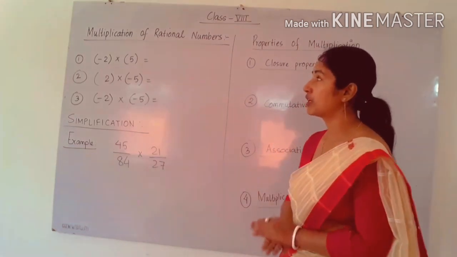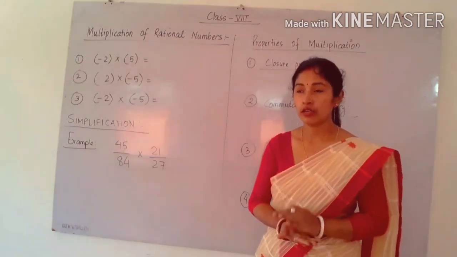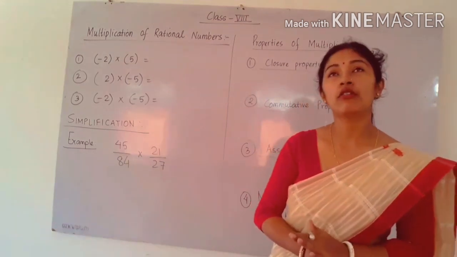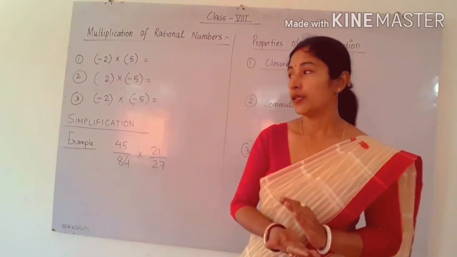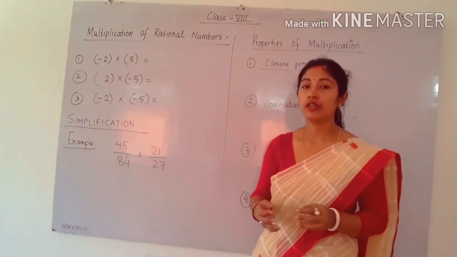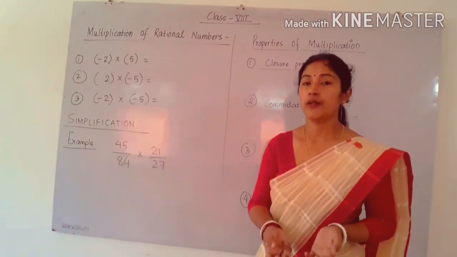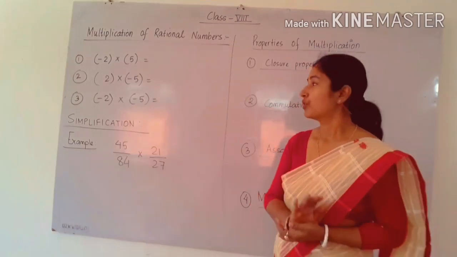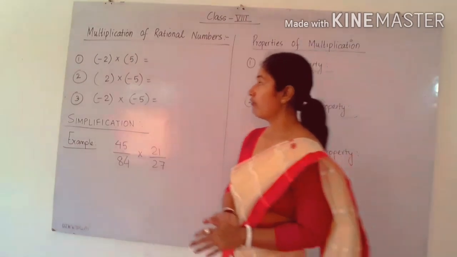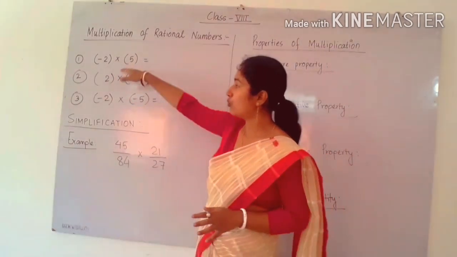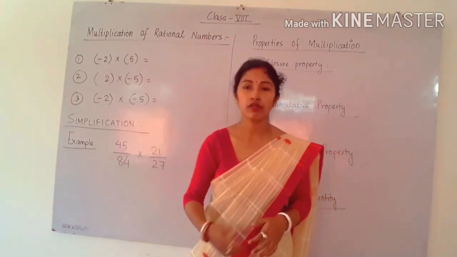First of all, you have to see how to multiply an integer with an integer, because in multiplication of rational numbers also, we have to multiply integers. That means in a rational number, the numerator and denominator are integers, just the denominator is not equal to 0. Whenever we multiply numerator with numerator, we have integers, similarly in the denominator also we have integers except 0. So what are the different possibilities? Number one possibility is, whenever we multiply a negative integer with a positive integer, what will happen?